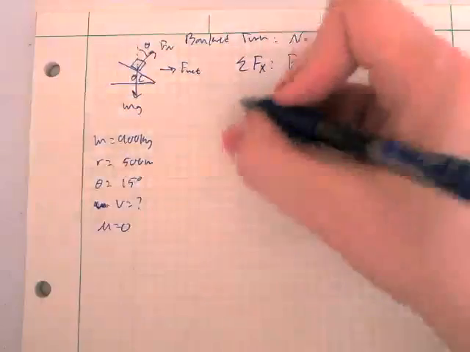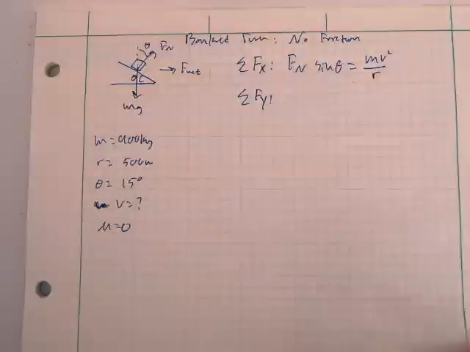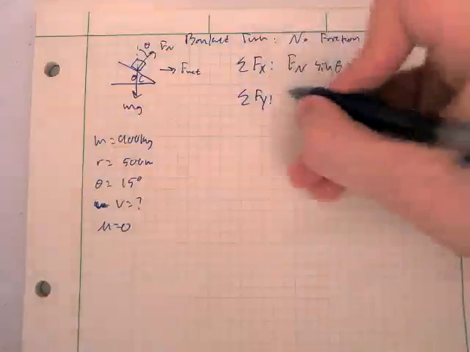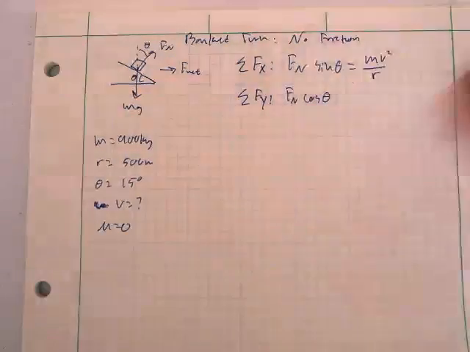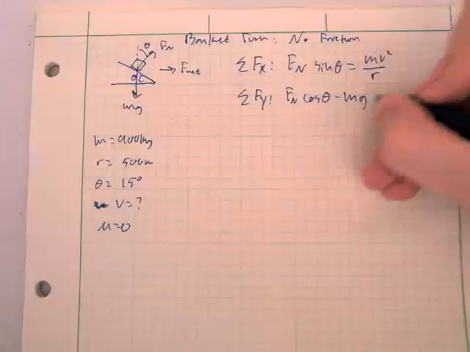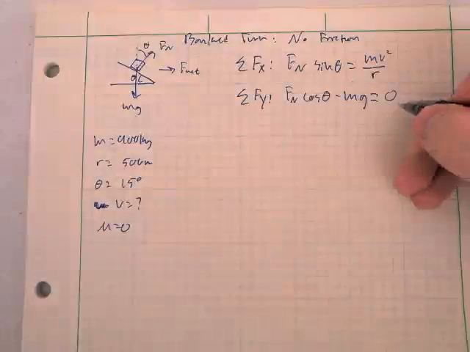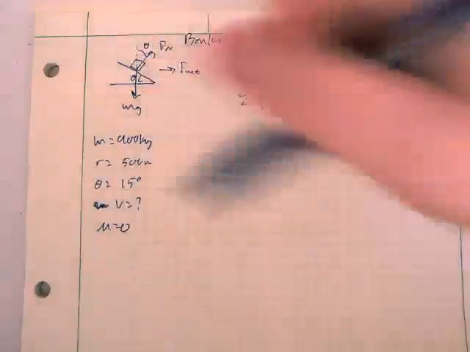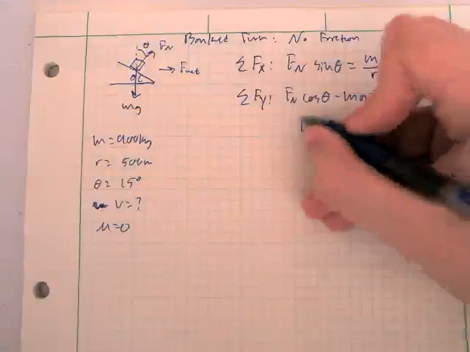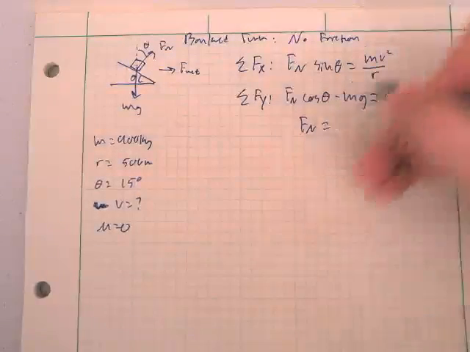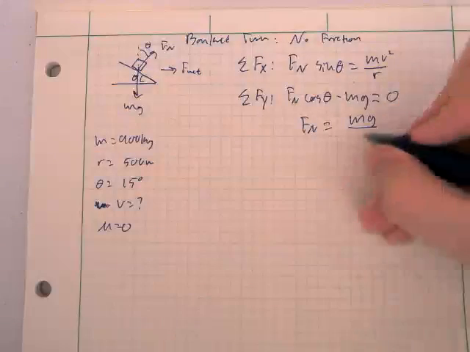Right here in the x direction, we can look at this. Now sum up all my forces in the y direction, and what do I get? What's the component in the y direction? Well, it's Fn cosine theta minus mg equals 0, right? There again, there is no acceleration in the y direction. The car is not jumping off the road, it's not falling into the road or anything like that. So this allows us to write the normal force is equal to mg divided by